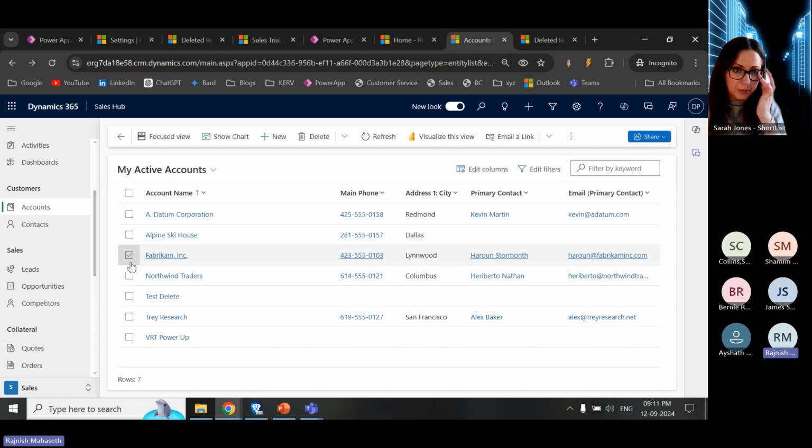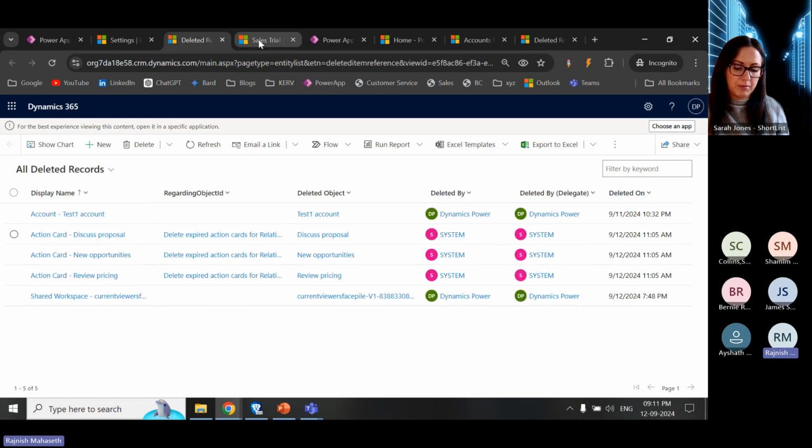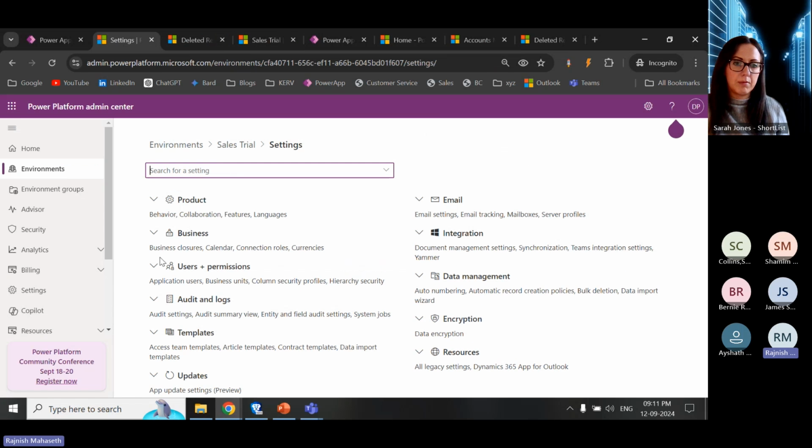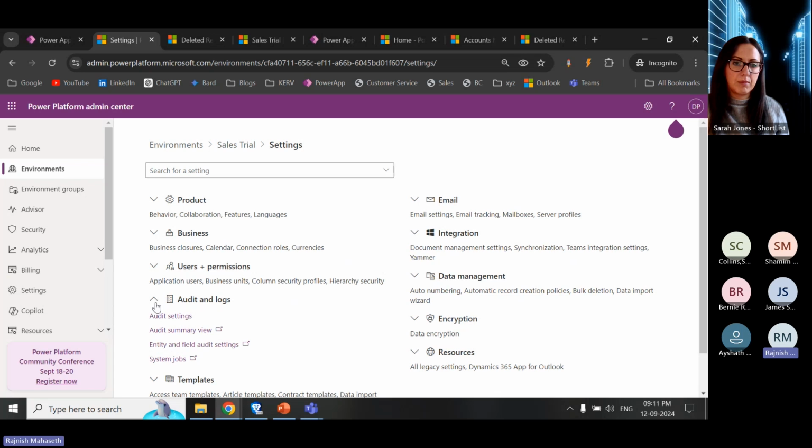So first you need to go to the Power Platform Admin Center, select the environment, and in the settings, the audit log will be there. If you come here, we have the audit log option. So here again, you can check if it is enabled or not, in case you're not able to restore the deleted items. So come here, we have